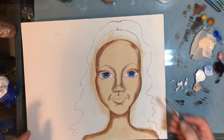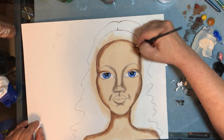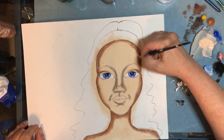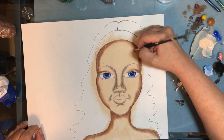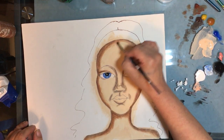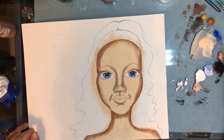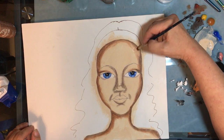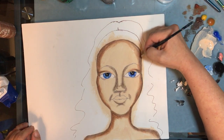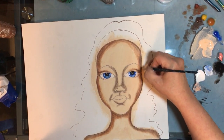Now this is blending without using glaze or retardant or any kind of blending medium. Just my brush and water. Right there is kind of lighting up a little bit, so I'm gonna put some more burnt umber in here. Paint's not sticking right there because it's not dry, so I'm just gonna leave that alone for now and let it dry,